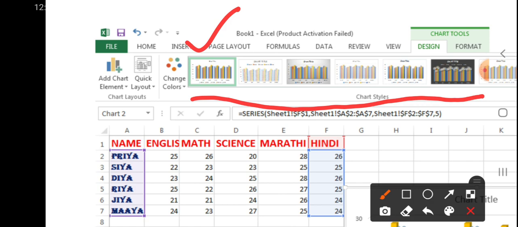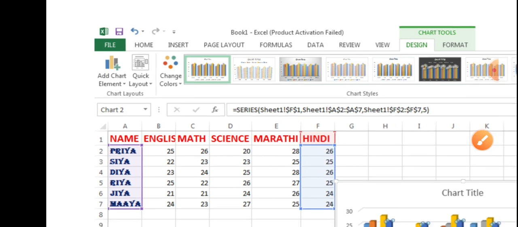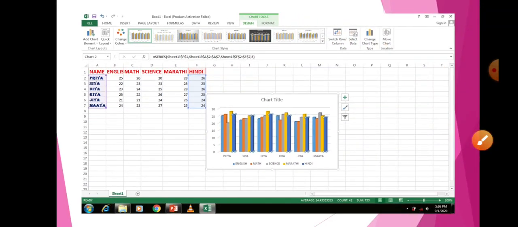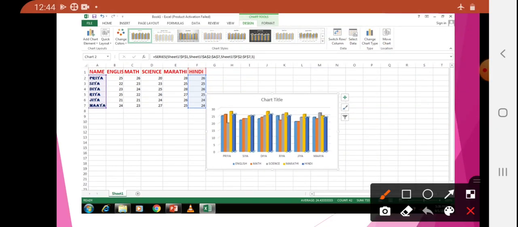So from this you have to select any one, click on that one, click only, and you will get the chart. See, I click here, and I got the answer. Understood?